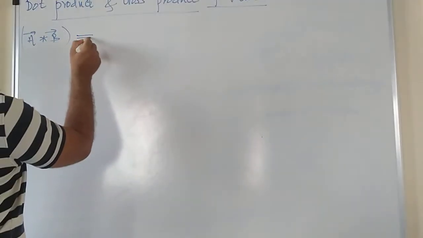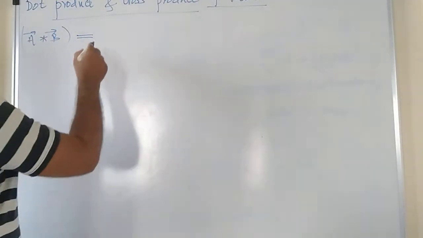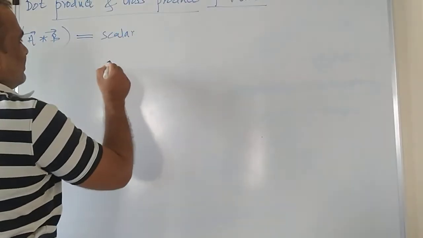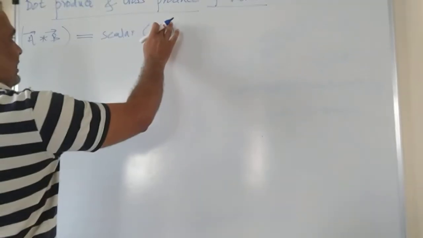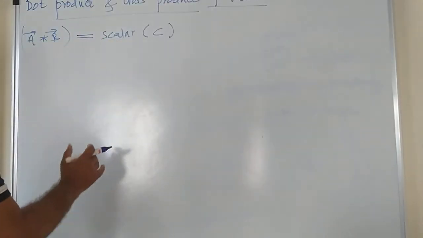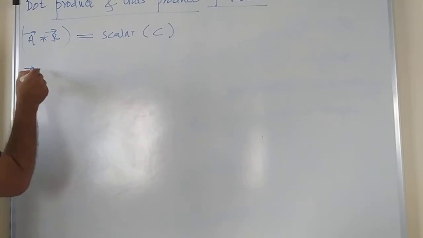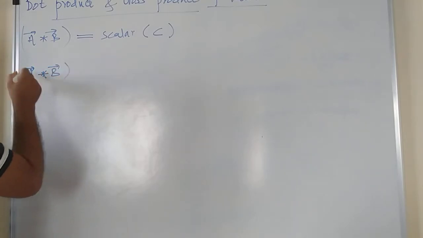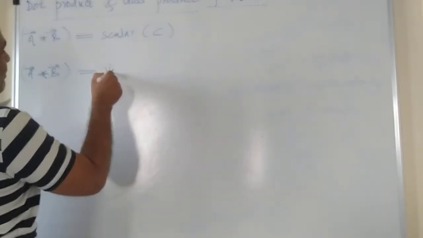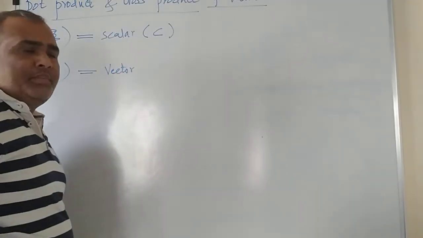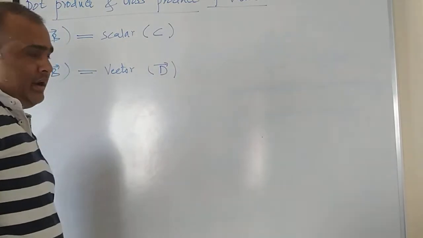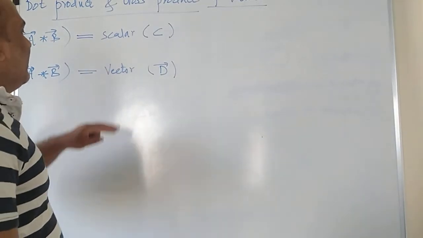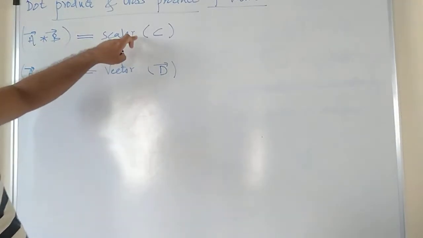Fine. If the multiplication of these 2 vectors a bar and b bar gives you a scalar, let us indicate it with the letter C. This is a scalar, so no bar. And there is one more possibility: if you multiply two vectors a bar and b bar with each other, the result may be a vector. If its multiplication is a vector, let us say this is d bar. Being a vector, you should write a bar. Fine. Then this is called a cross product and this is called a dot product.